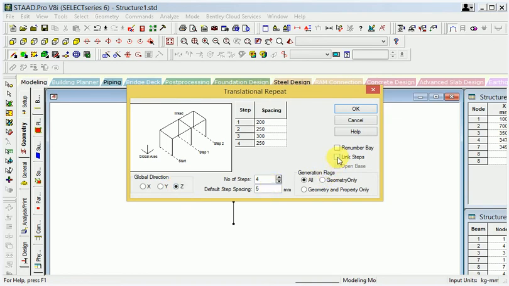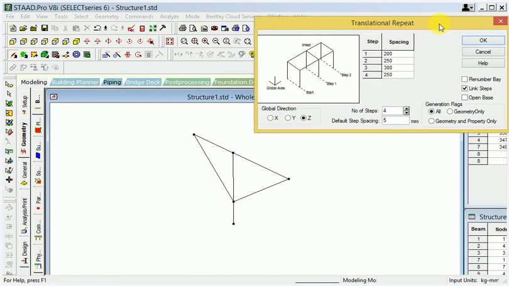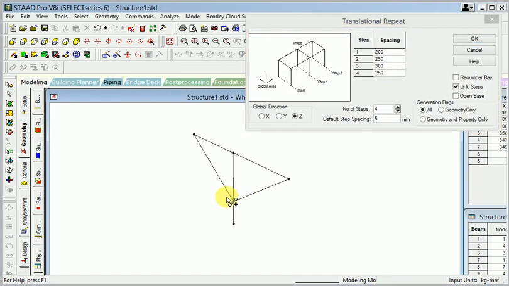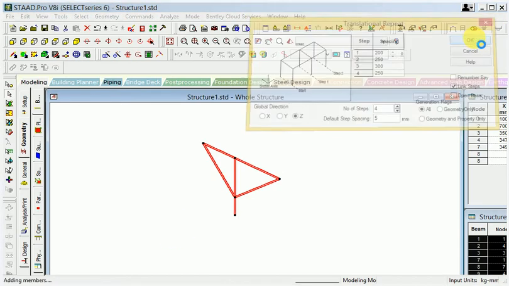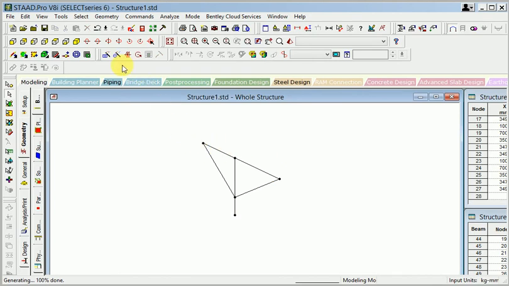When I apply the direction, Z direction, and I set link step, and before that I will select the whole diagram. And I can do this. Okay.